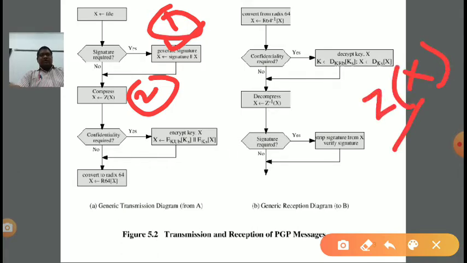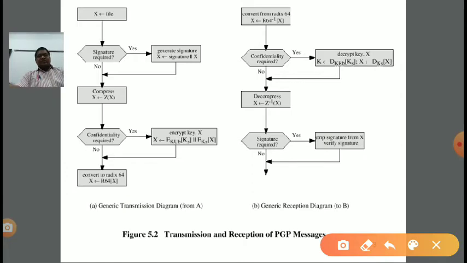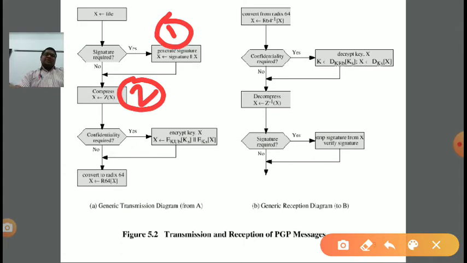One is the digital signature and second is the original file. Clear? So on this X we are applying what? Z algorithm, that is the zip algorithm, right? So first step digital signature, second step we are applying what? Compression algorithm, zip algorithm.